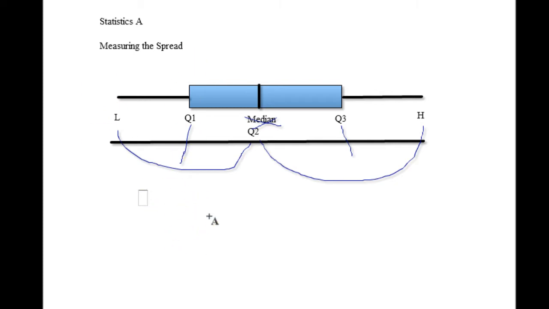Interquartile range is going to be the third quartile minus the first quartile, and that's going to be important because when you're trying to find outliers,